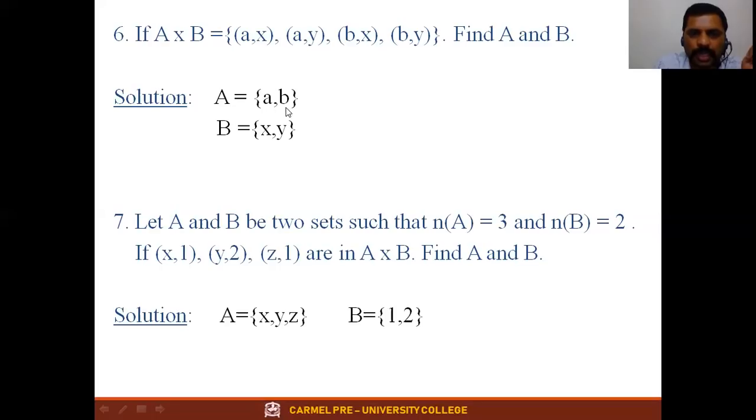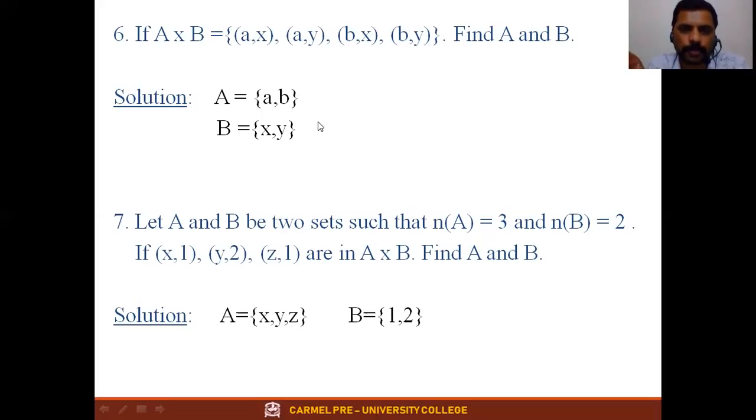This is 2 sets. This set has 2 numbers. This set has 2 numbers. How many elements A cross B will be having? 4. It is having 4. That means what I have written is right. That means you have verified your answer also, right? See, when a process you correct ಮಾಡ್ಕೊಂಡು ಹೋಗ್ತಾ ಇದ್ರೆ, almost you are ending up in verifying the answer, not just